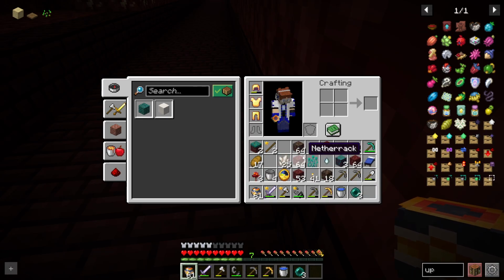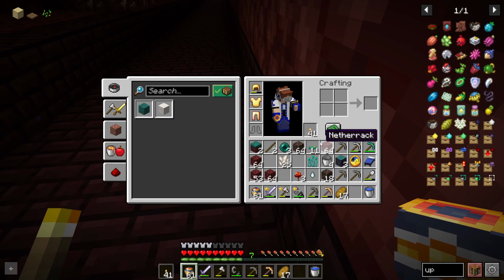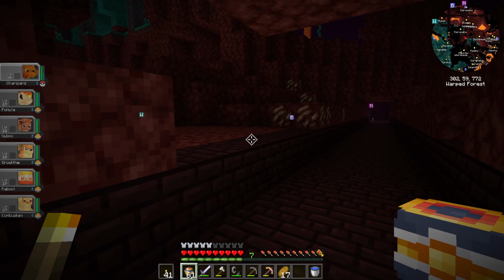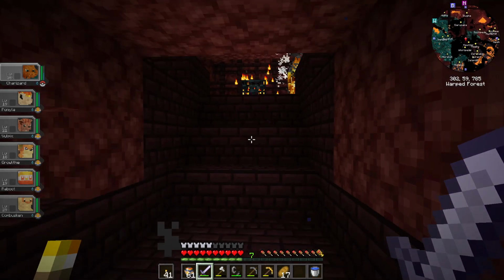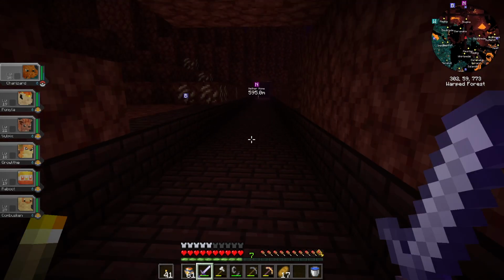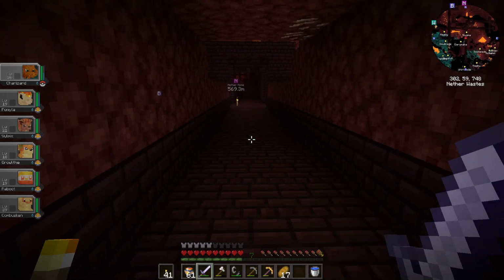Boop, boop, boop, boop. Where's my food? Food can go there. Water bucket technically doesn't need to be there, but whatever. I've still got CCR stuck in my head. I'm still thinking, it ain't me, it ain't me. Okay, that's good enough. I'm not seeing any Pokemon here though, so I feel like it's got to be in the bastions, and I don't see